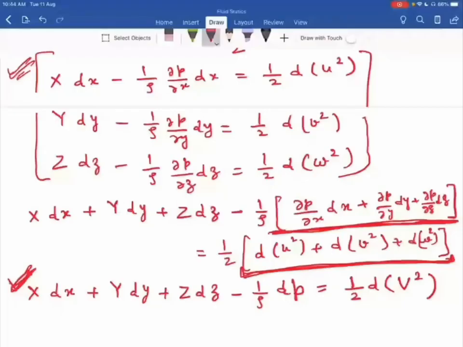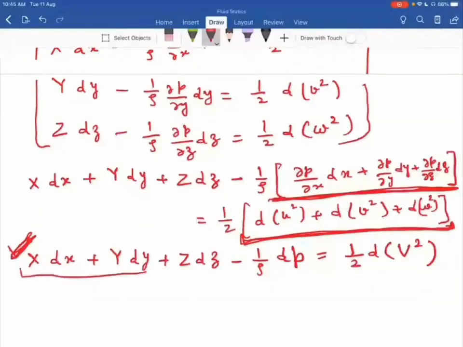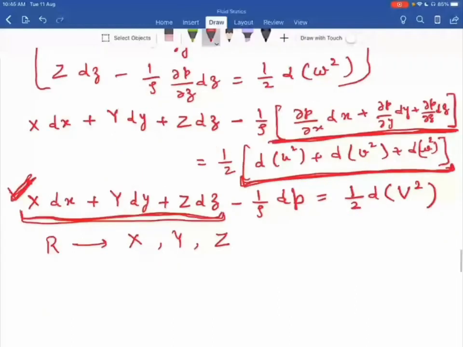ठीक है? अब मैं आता हूं बॉडी फोर्स पे. Now I see what are these three terms. इनका क्या मीनिंग हुआ अब? ठीक है? Now as I earlier said, we have the body force R that has three components x, y and z. So R is the body force per unit mass. So that means x is the body force per unit mass, y body force per unit mass, z body force per unit mass. Now if I say this body force is only due to gravity,